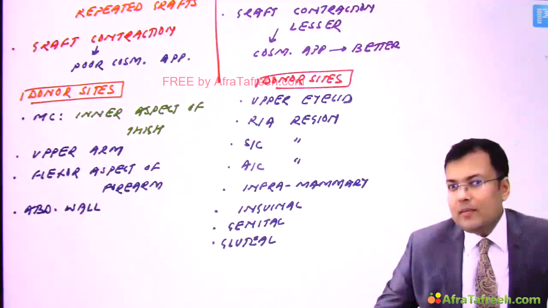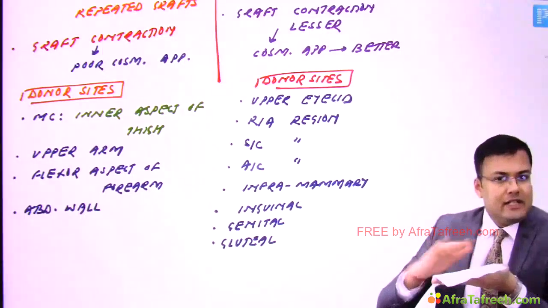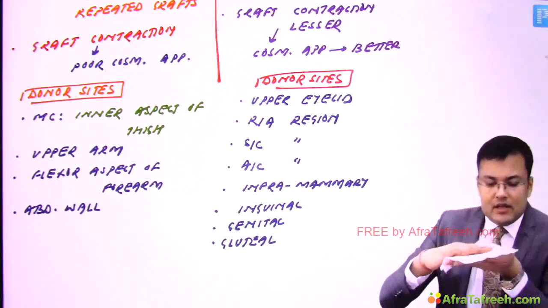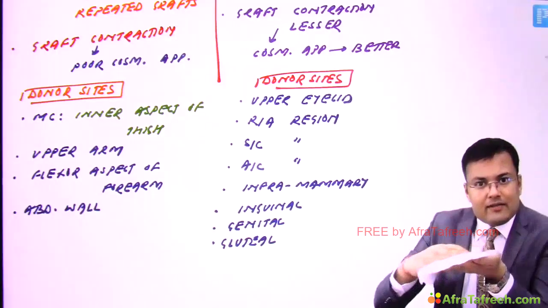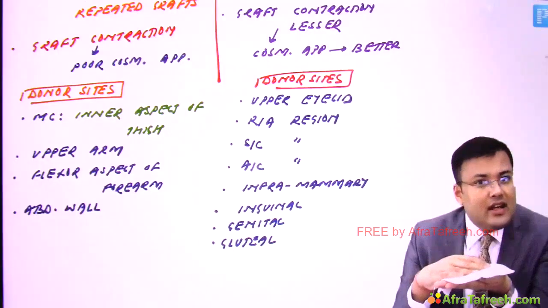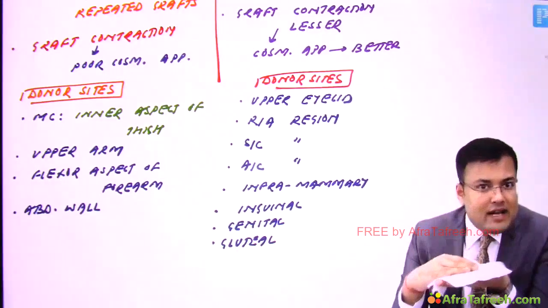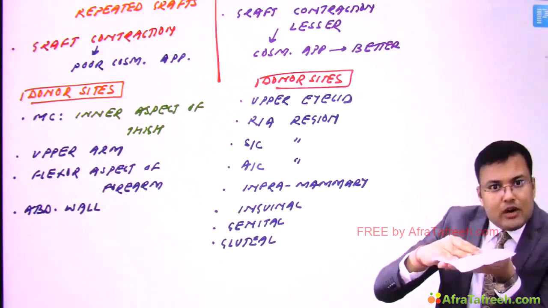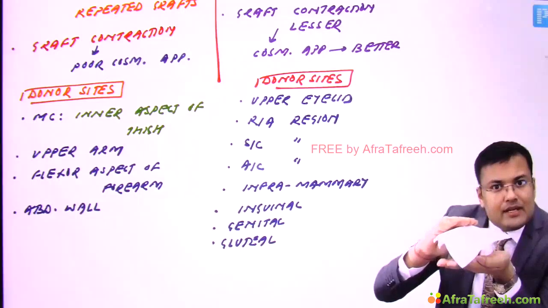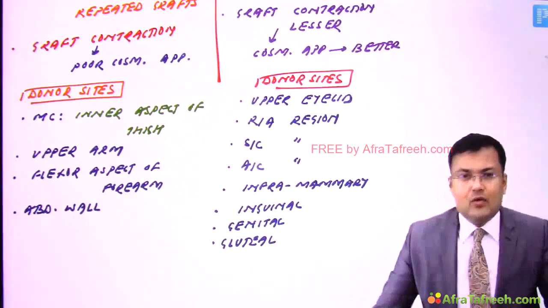Now before discussing the complications of grafting, see how it's done. Imagine this is the recipient bed and this is the graft which is applied. We discussed that there is formation of capillaries and revascularization. If there is relative movement of the graft with the recipient bed, the newly formed capillaries and vessels are injured and they will bleed. The blood will collect between the graft and recipient bed, and if there is hematoma or seroma formation, the distance between graft and recipient bed increases. This is going to cause graft failure.